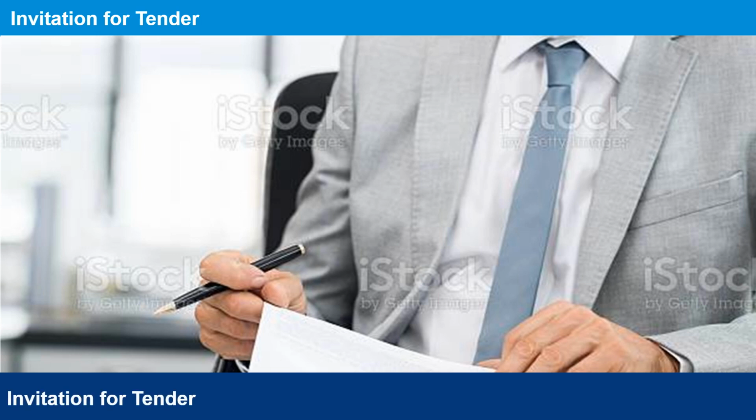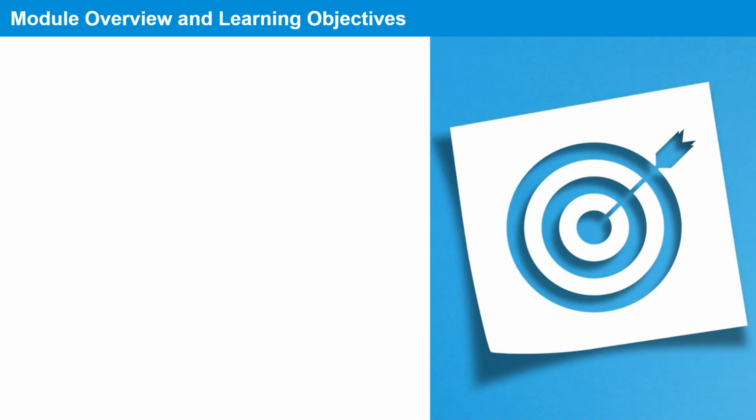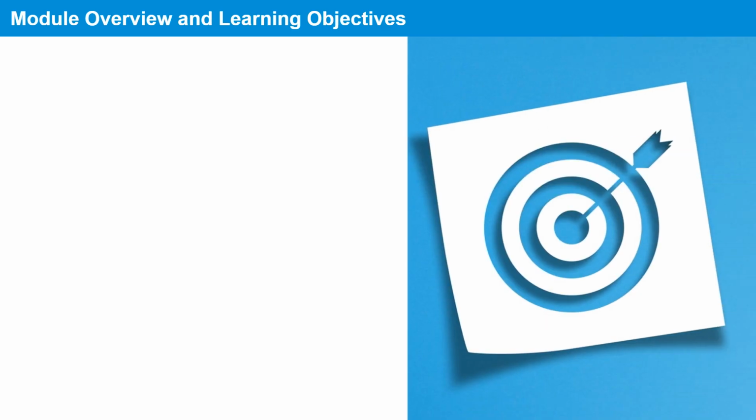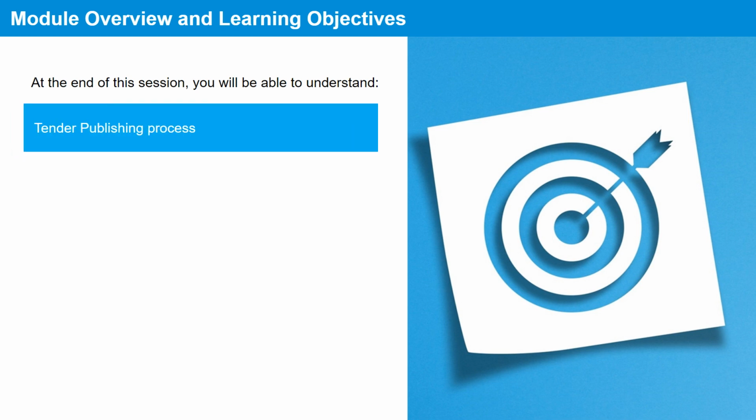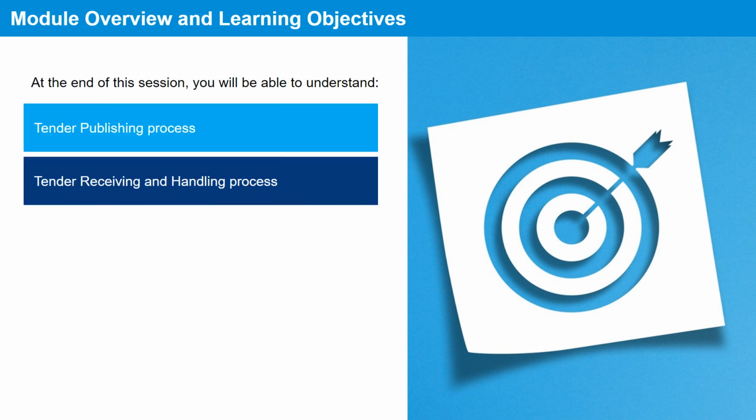Let's now begin with the third module, Invitation for Tender. An invitation to tender is a formal invitation to companies to place an offer to supply goods and services. At the end of this module, you will be able to understand tender publishing process, tender receiving and handling process,